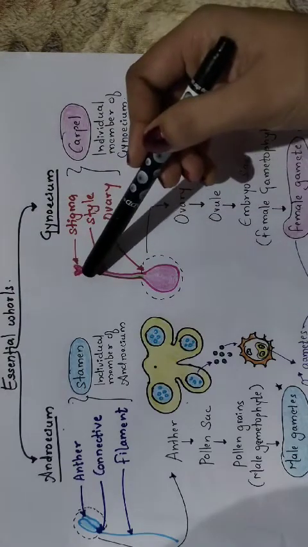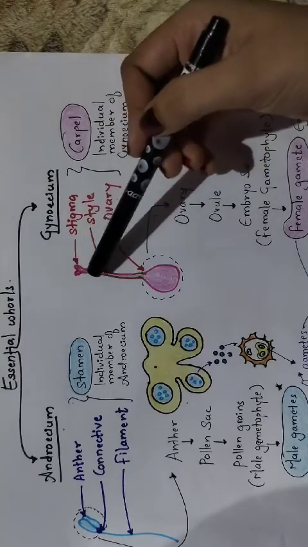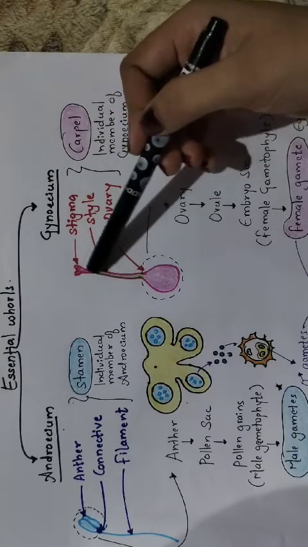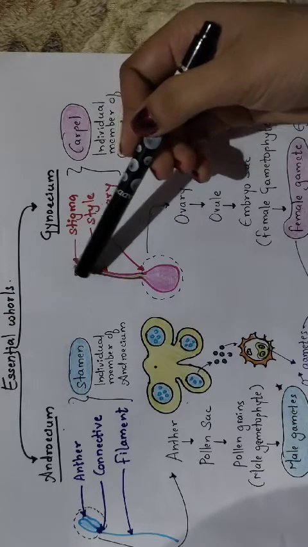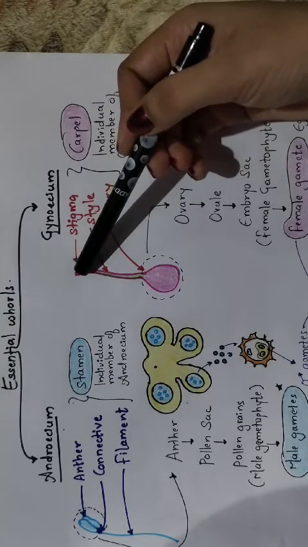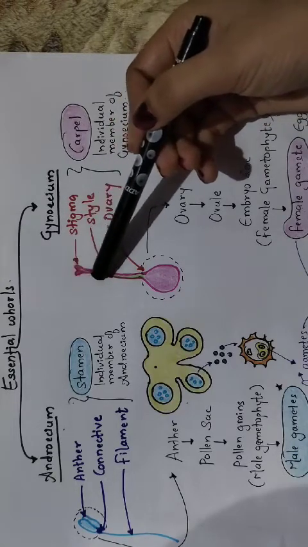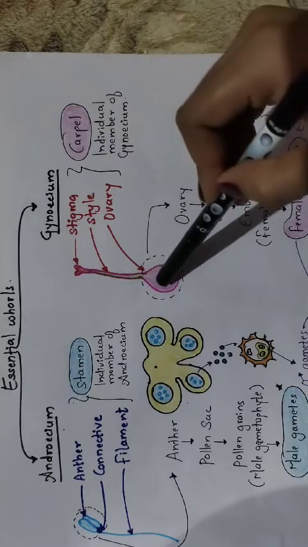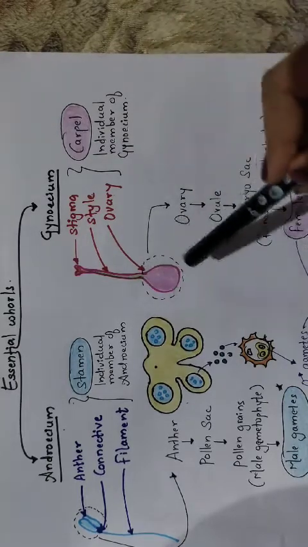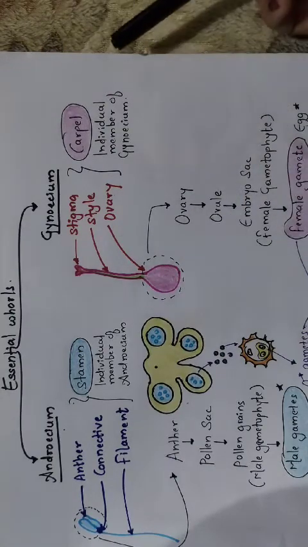Okay, next you can see a tubular structure, which is just below the stigma. This is acting as a tube or channel for the germinating pollen grain, so that this pollen tube will enter and penetrate inside this channel of the style and will reach the chamber of the ovary. Okay, where exactly the female gamete is present, so that fertilization can be done.